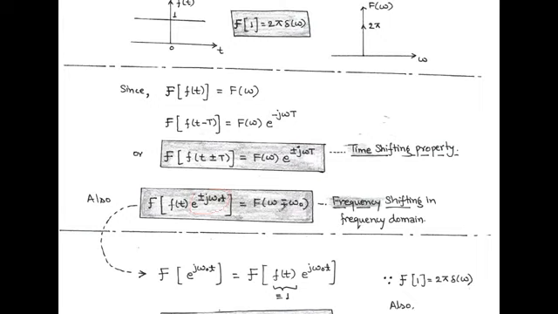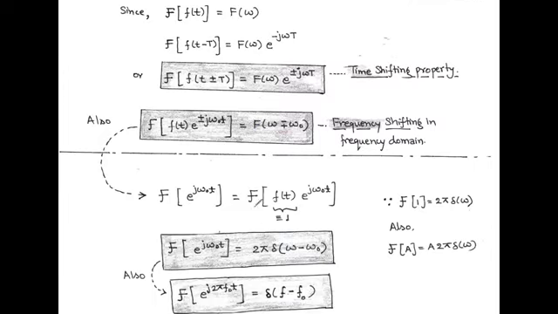So here we note a point. In case of the time shifting property, there is a multiplication of exponential with the same sign, whereas in case of frequency shifting, there is a multiplication of exponential in time domain with opposite sign. For example, if there is a frequency shifting, that is F(omega minus omega naught), there is a multiplication of e to the power j omega naught t with f(t) in time domain.